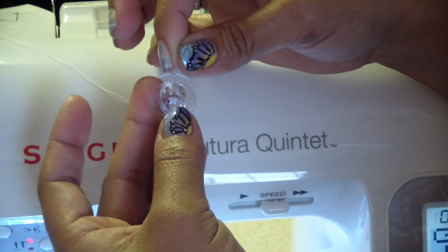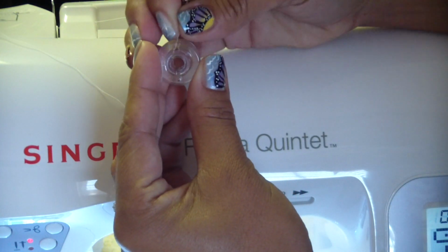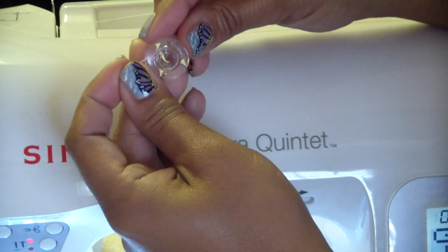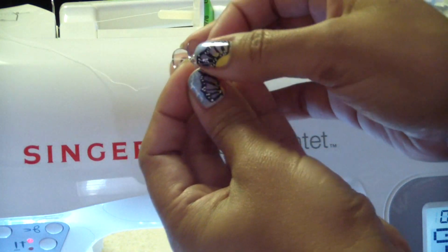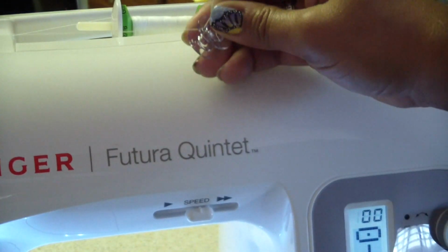the bobbin out. This is so hard for me to do right now because I have to show it to you guys. Let me see here. So from the inside out, there we go. Okay, so now there's your thread, and it's from the inside to the out, and I'm holding that little outer area. Okay, so now what we're going to do is bring it over